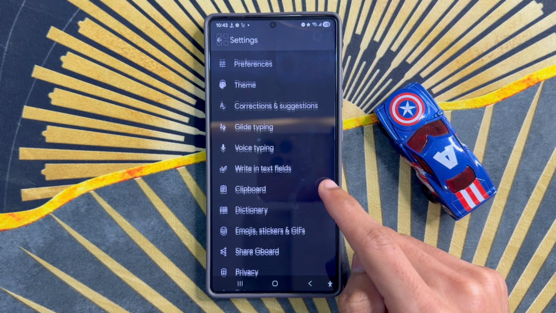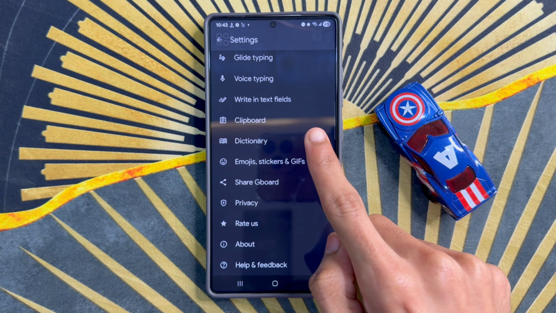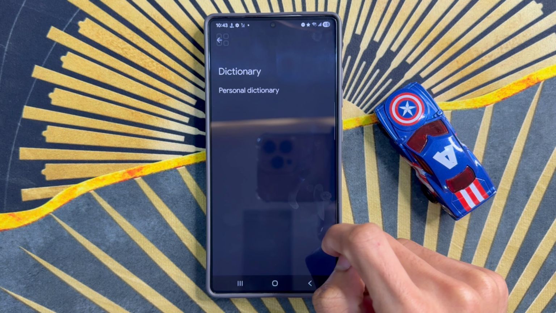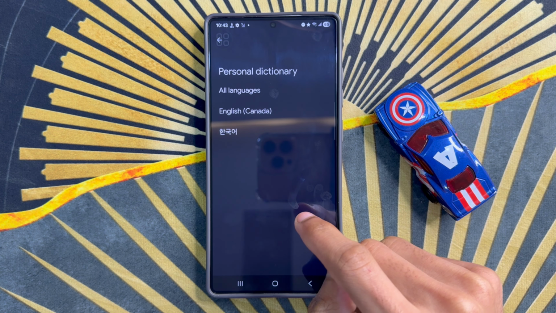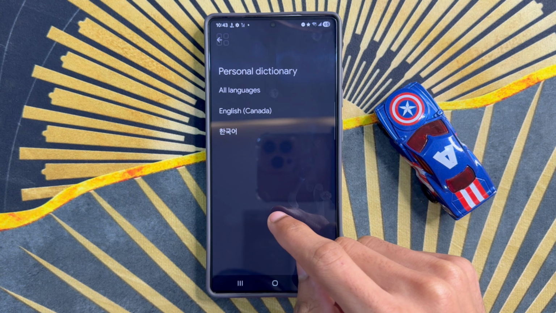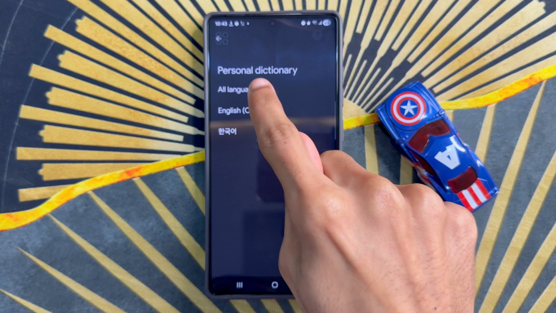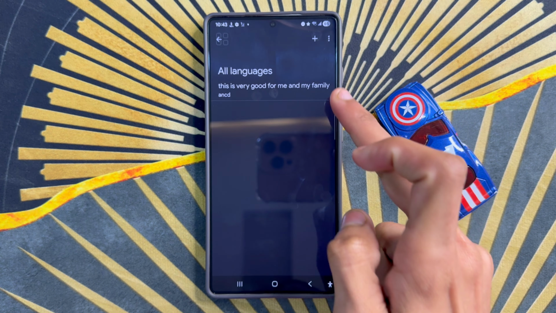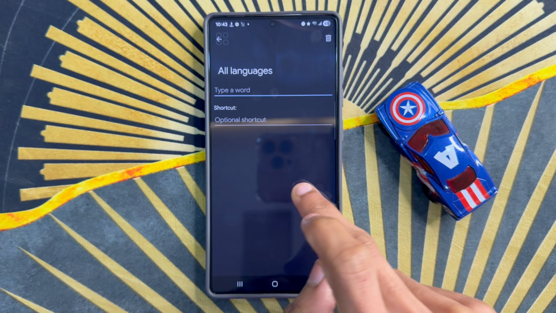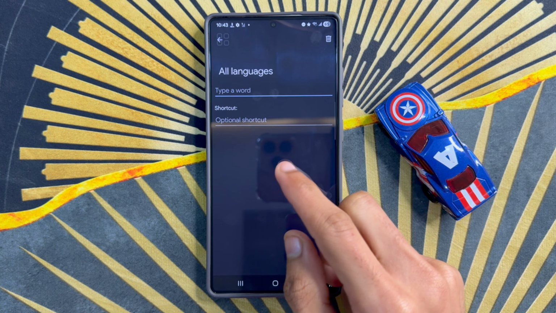After clicking on Gboard, scroll down and click on Dictionary, and click on Personal Dictionary if you want to add a keyboard shortcut in Personal Dictionary. So click on All Languages. If you want to add a shortcut, click on this plus icon, add, type a word,